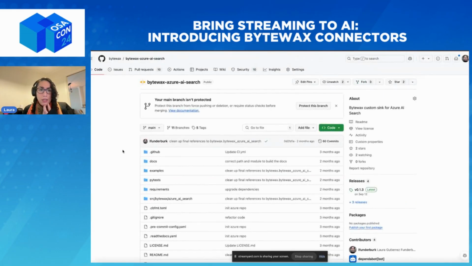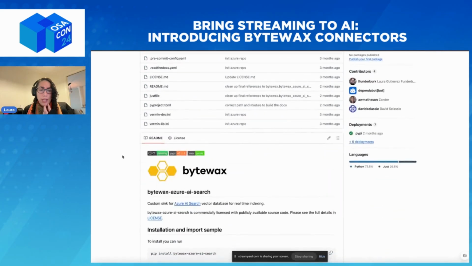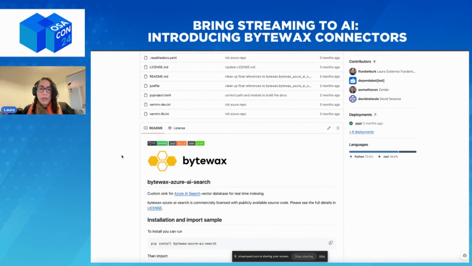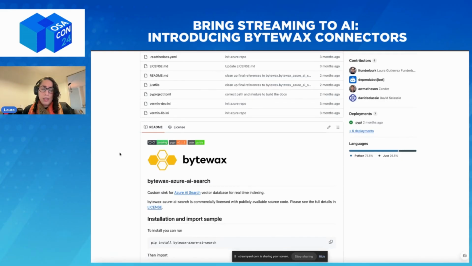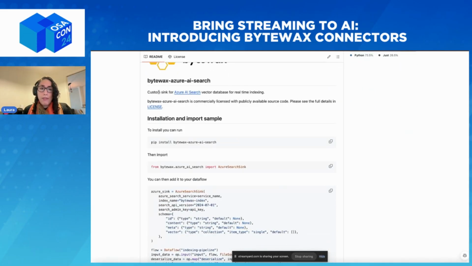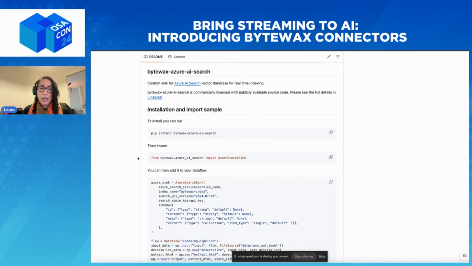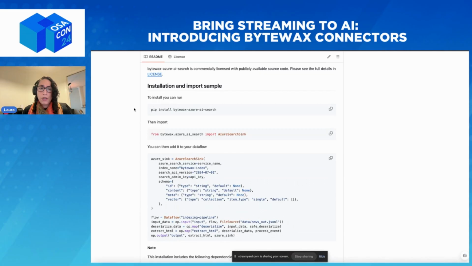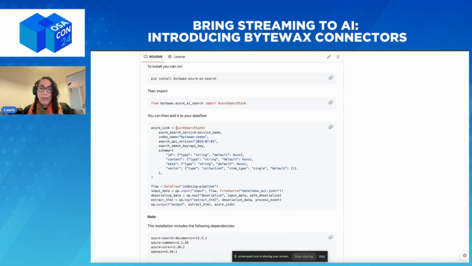Today, I'm going to have a chance to demo to you an Azure AI Search connector. This connector is specifically geared towards the process of building retrieval augmented generation systems, where the goal is to transform text into vectors and store the vectors onto a database. In this case, we've developed a custom sync for Azure AI Search vector database for real-time data indexing. The way this works is, as I mentioned, the goal for each of these modules is for it to be a standalone module. So you can install it, we can import it, we can define the schema, and then this small data flow